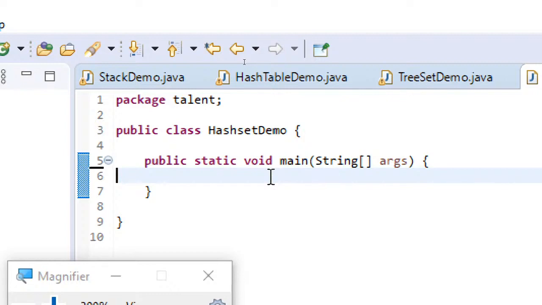By default, it will be using it, and here let me use this hash set. String h equal to new hash set.